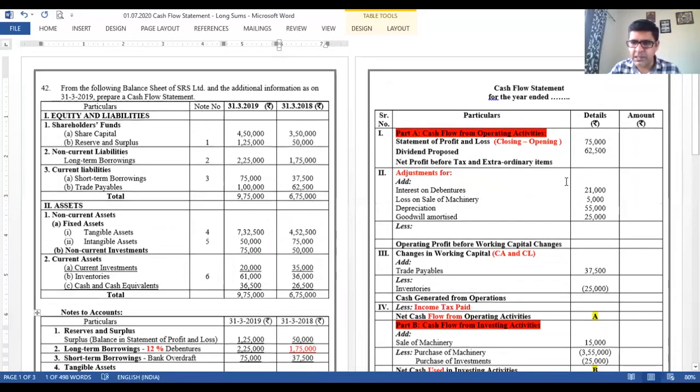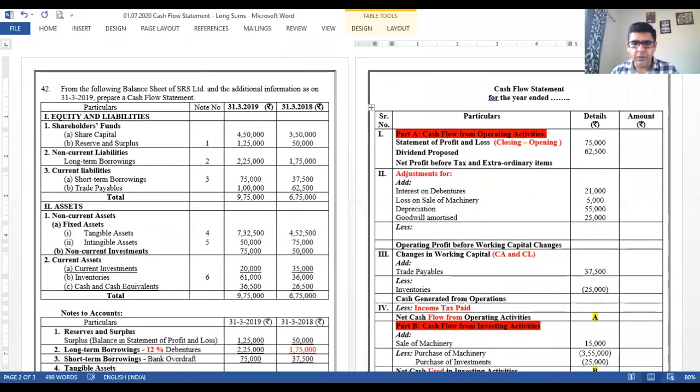Nothing has been left. So let us get the totals please. The first amount is net profit before tax and extraordinary items. Okay, the 75 plus 62,500 total will be 1,37,500. Items to be added over here, right? So please get the total of these four. 1,06,000. I don't have any amount to be deducted, so I have this operating profit before working capital changes now. 137,500 plus 1,06,000,